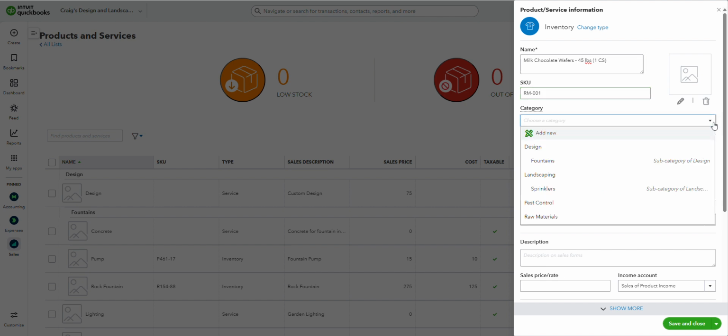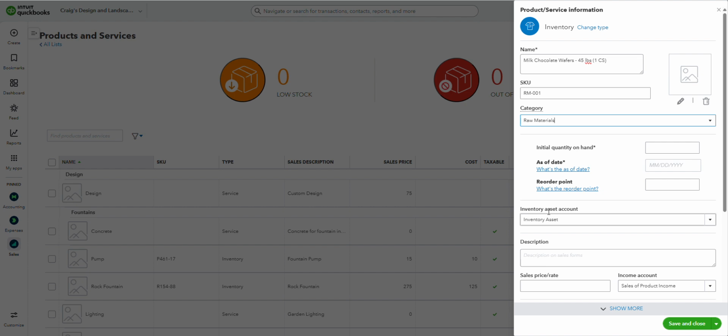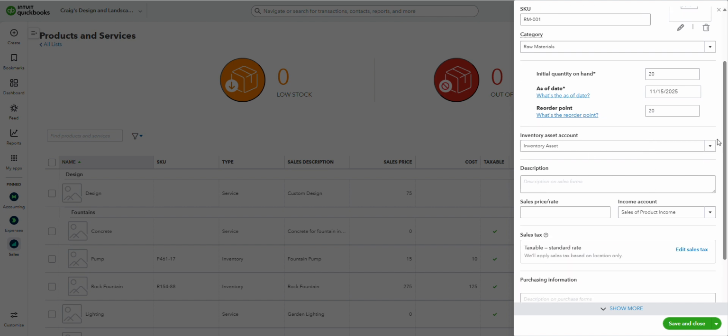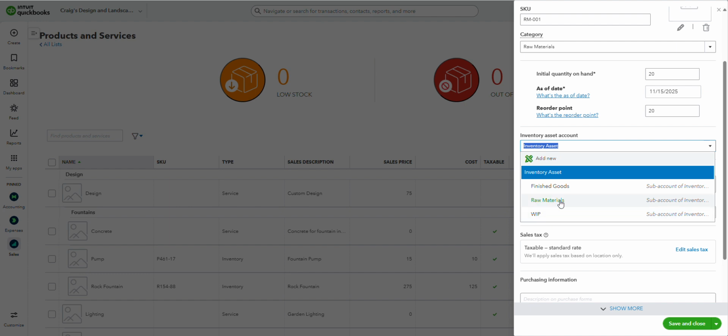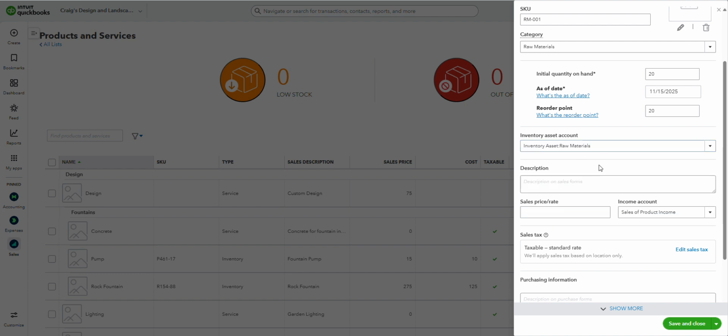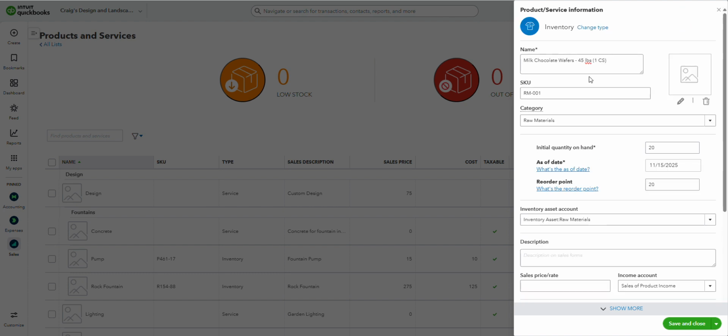We've got a SKU category. We have raw materials as the category. I'm going to say that I've got 10 or maybe 20 on hand as of today. Ideally, I would want 20. So I'm actually at the reorder point already as I'm setting this up. The inventory asset, there is a raw materials section. So because this is a raw material,